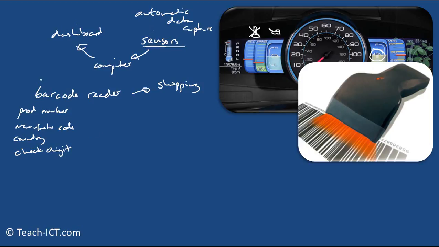People often think the price is in there, but just to emphasize to you, price is not on the barcode. Otherwise, every time you change the price, you'd have to change little black and white strips there to reflect that. So that's not in there. Barcodes: you capture this data and the computer in the process will look up the price of it, and then